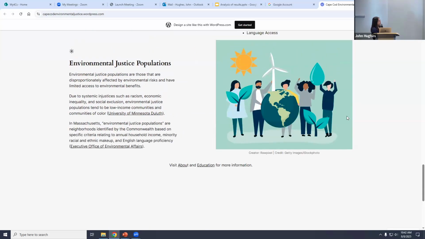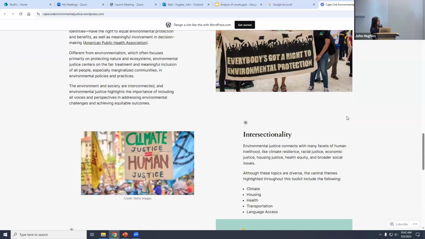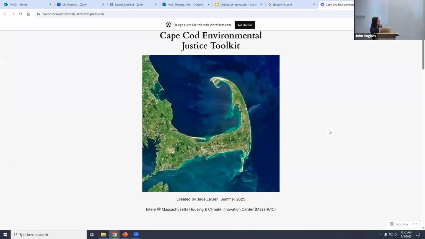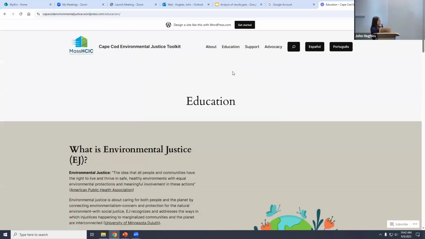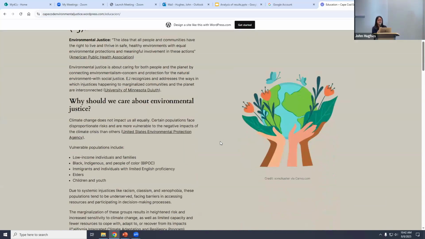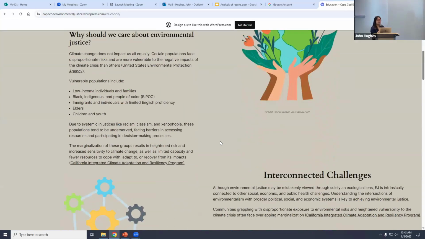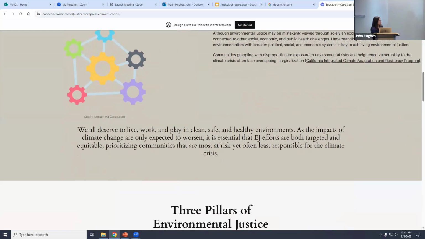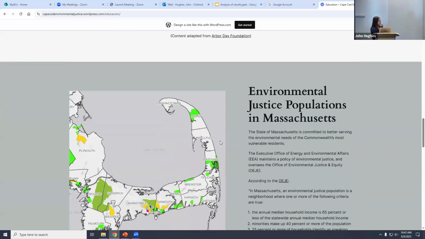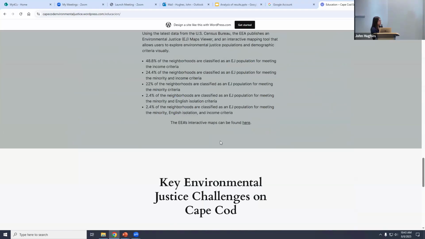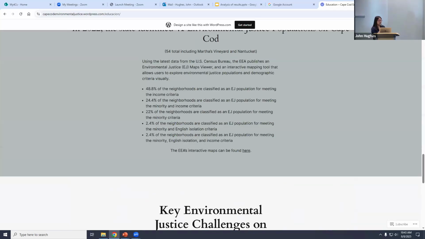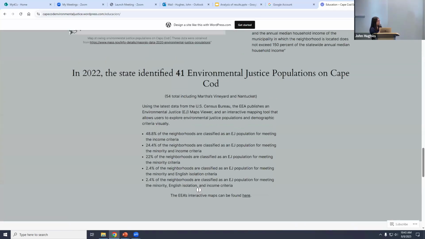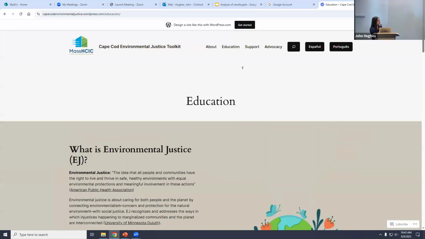And then if you scroll up to the top, there's a tab that will direct you to the different sections that I mentioned. So education, support, and advocacy. The education section dives a little bit deeper into environmental justice and its importance, the 3 pillars of environmental justice, the map for EJ populations on Cape Cod, and then some of the key challenges on Cape Cod. And then further up, the support section